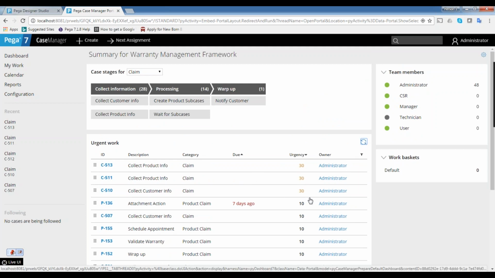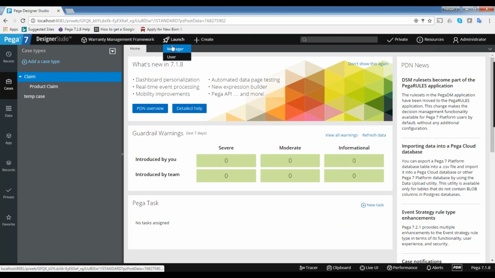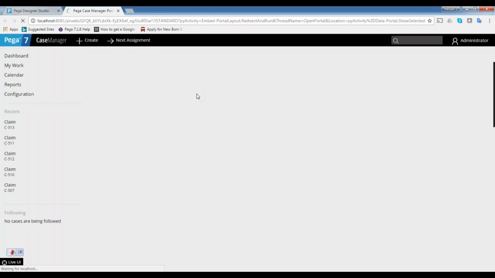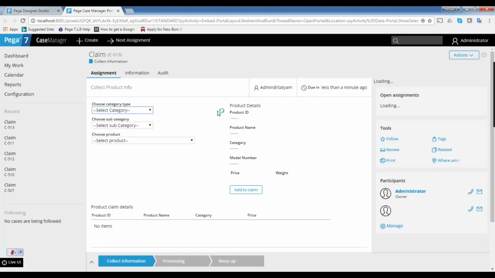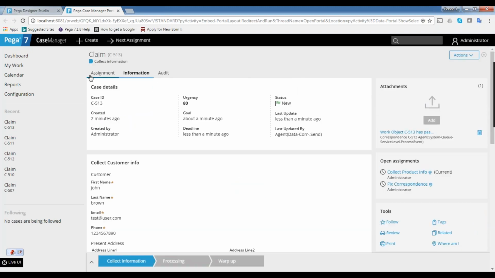It's still not updating. I think here also it will take some time. Let me close it and open the manager portal again. It's still showing 30 only. When you open the case, you can see the actual value increased to 80, but the list is still showing 30.